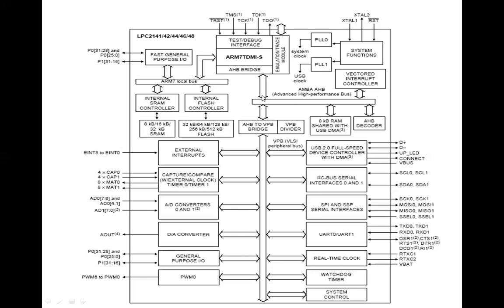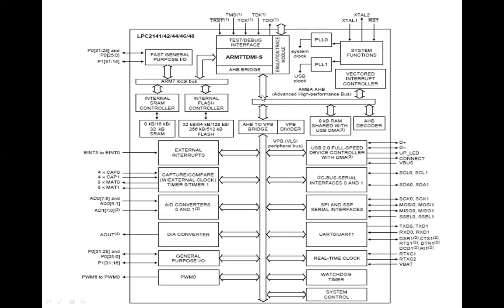This flash memory is the fastest memory for data storage as well as program handling. It is linked with the internal flash controller. That's why there is a flash controller linked with your ARM7, so that you can read or write data at a fast rate, and also execute your program.